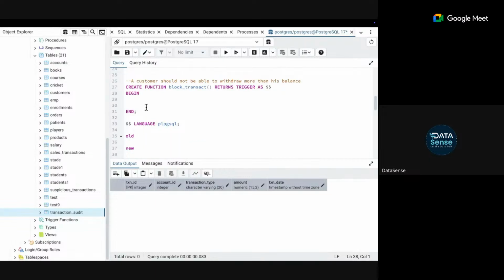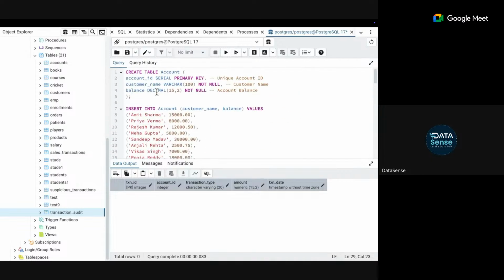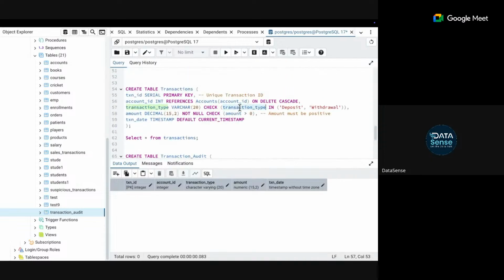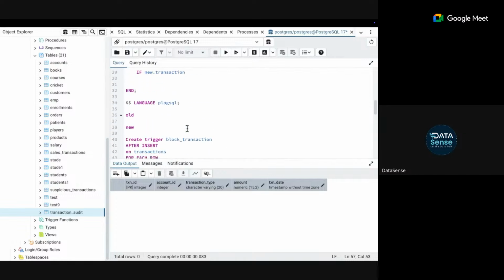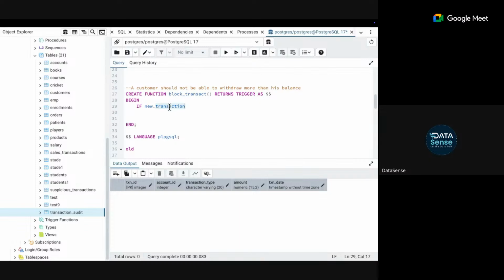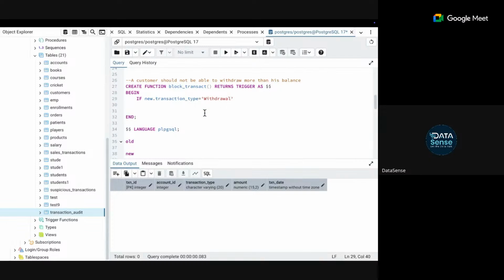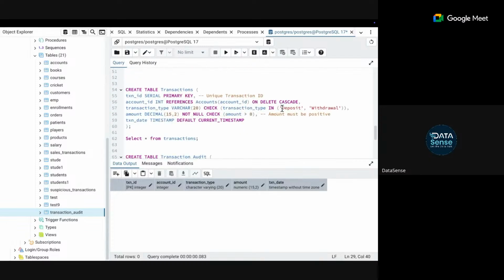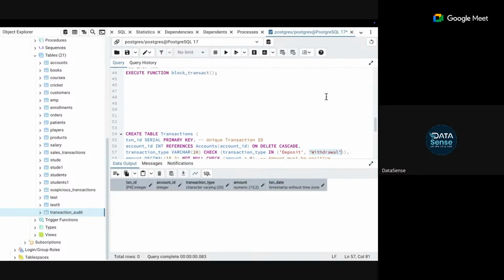Now remember there will be OLD and NEW, remember what I told you earlier. If new.transaction_type, the variable name here is transaction_type. If new.transaction_type is equal to 'withdrawal'. Remember there can be two types of transaction. It can be deposit, it can be withdrawal, right? For any kind of transaction, a row will be added. I need to check first of all whether it is a withdrawal. If it is a withdrawal